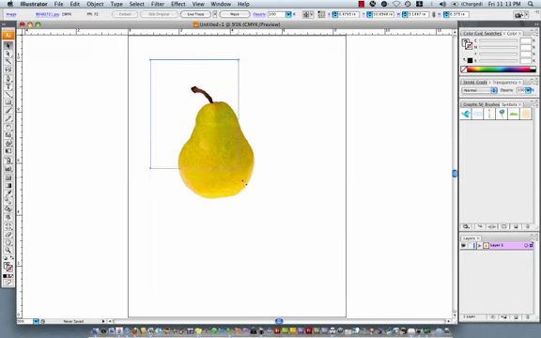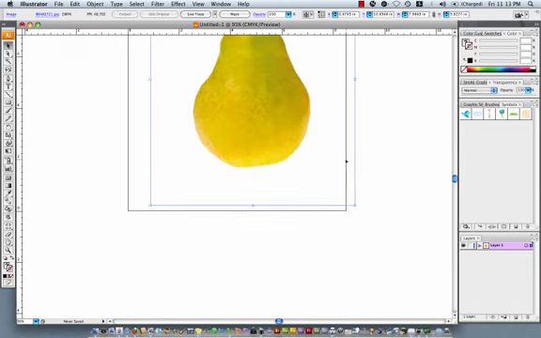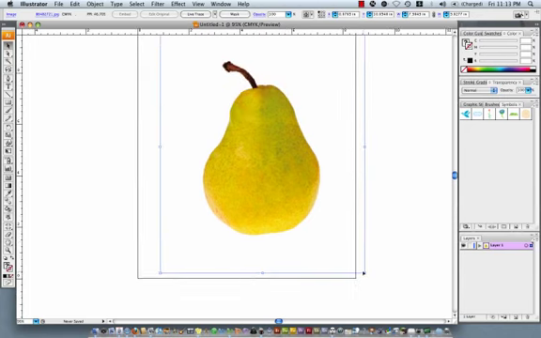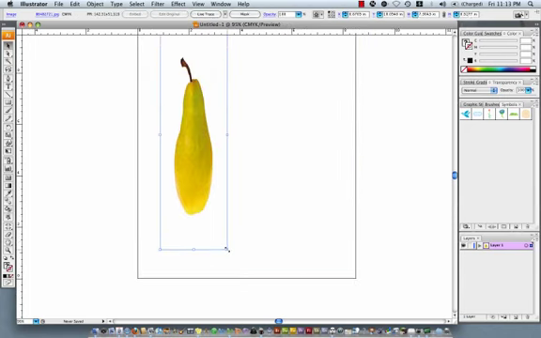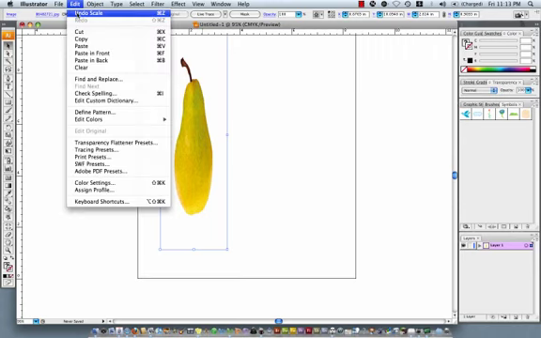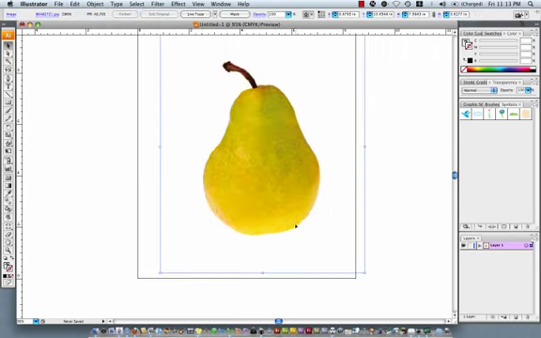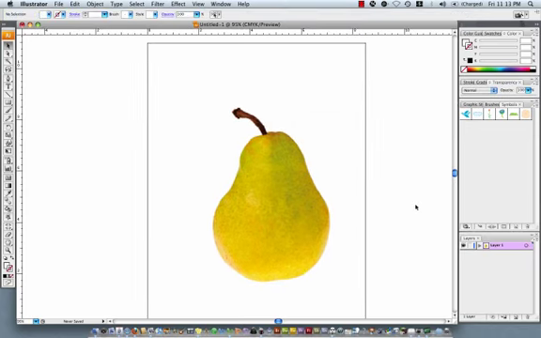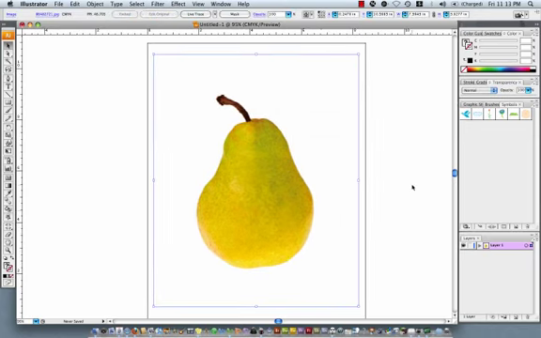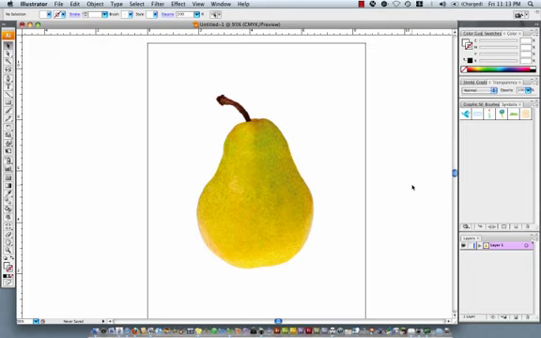I'm holding the shift key down as I'm resizing it, and I can make it as big or small as I want. If you don't hold down shift, it's going to skew your image and mess up the proportions. So be real careful when you resize. Hold the shift key down. Let me do Edit, Undo Scale, and that undid what I just had done. And I can position it however I want on the screen. So at this point, I would start tracing it with the pen tool,